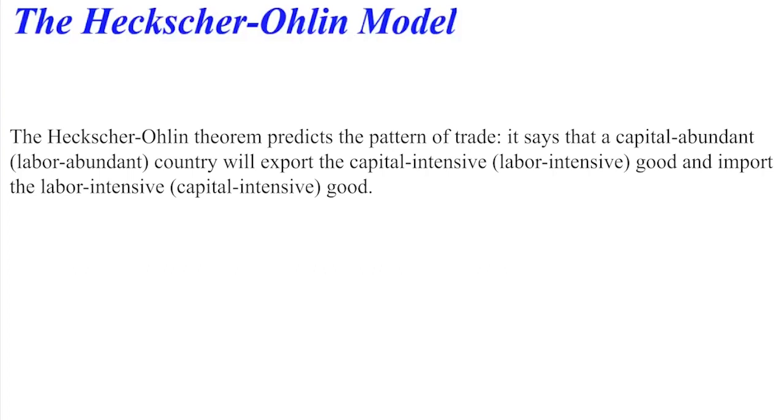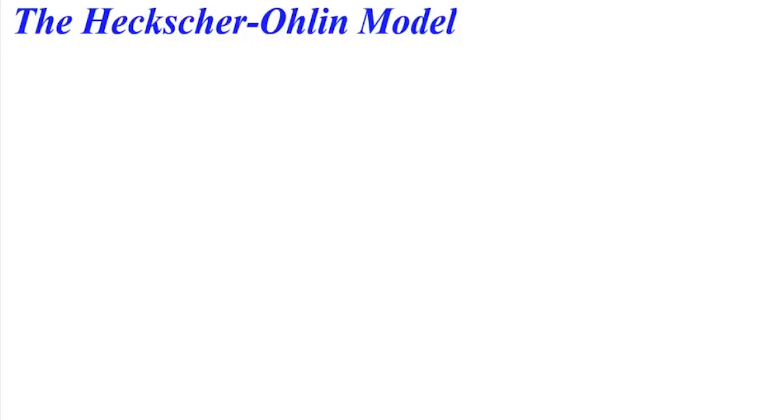In this video, we'll first describe the basic elements of the model. The Heckscher-Ohlin model depends on differences in resources, and basically there are three key resources: labor, capital and land. It is very difficult to study the interaction of all three factors of production, so we'll just assume there are only two factors of production.